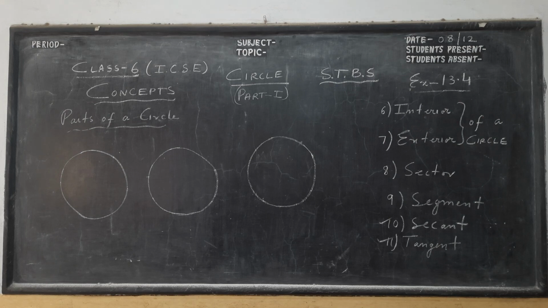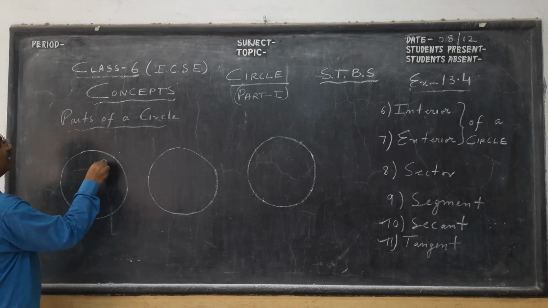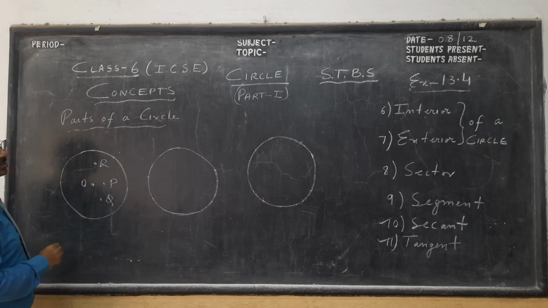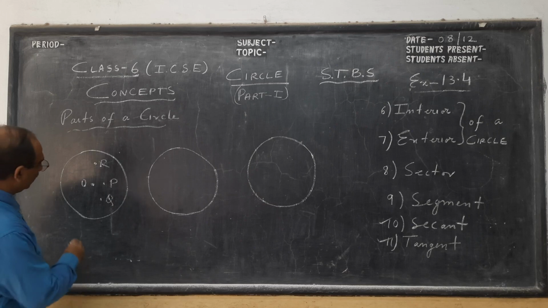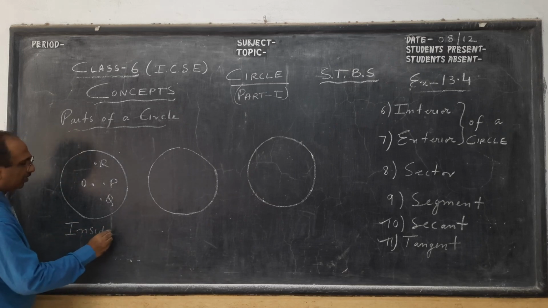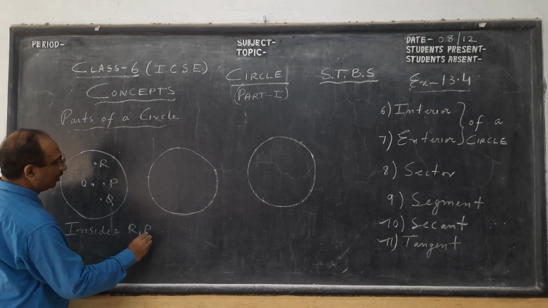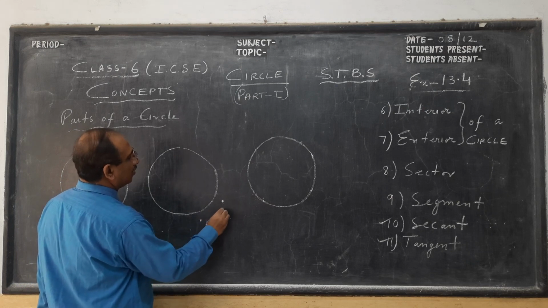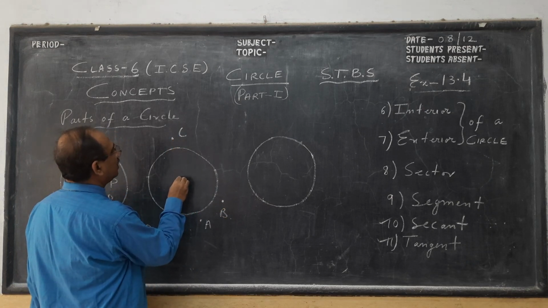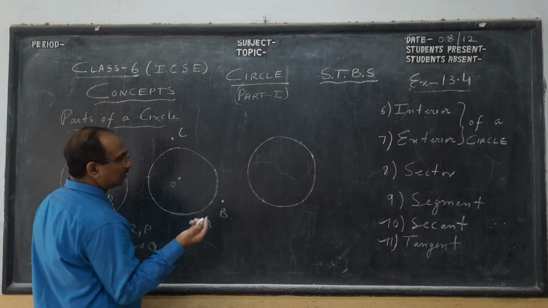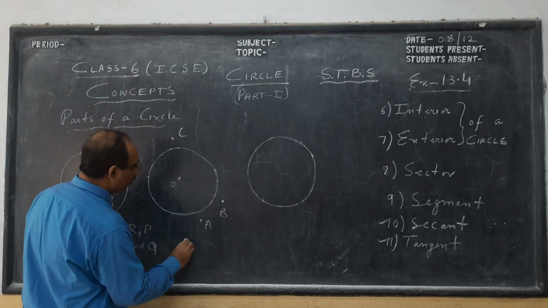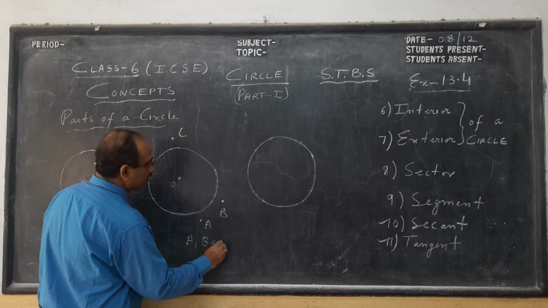So in the last part of today's lesson, we see what is the interior, children. Interior means inside. R, P, Q, all these points which are inside the circle are called the interior of the circle. Okay, they are inside the circle or interior of the circle. Same way, if some points are outside, A, B, C, these are called exterior to the circle. The center of a circle is generally represented with O. So these are points exterior to the circle. What are the points? A, B and C.